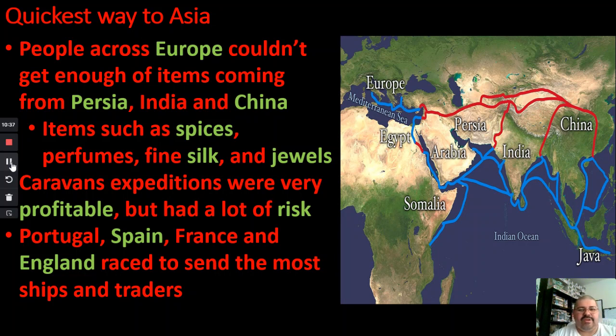Well, these Europeans were like, well, I want that, and I'll pay big money for it. So there were some people who were like, you know what? We should stage up caravans. These are basically merchants who are on boats and have wagons, and they're making their way towards Persia, India, China to buy stuff there cheap and then sell it huge in